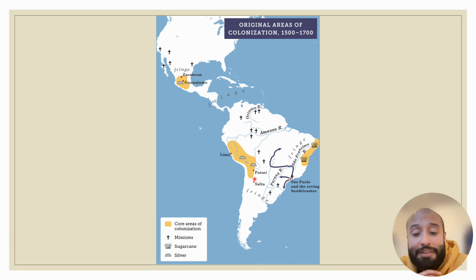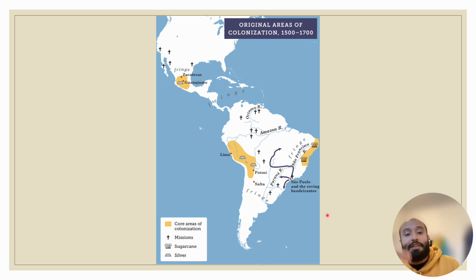But you see, the Age of Conquest is not taking over the entire continent. They only had control by the late 1500s of these areas in yellow. And actually, as we are going to see throughout our classes, the European empires never controlled the entire continent. At the moment of independence in the 1810s, 1820s, there were still many indigenous societies in the Amazon rainforest, in the central part of North America, in the northern part of Chile and Argentina, that were never conquered by the Spaniards. Okay, so again, it was not a coherent plan, and they just controlled this.